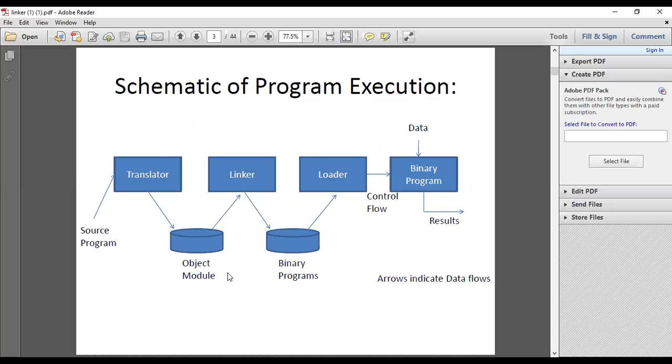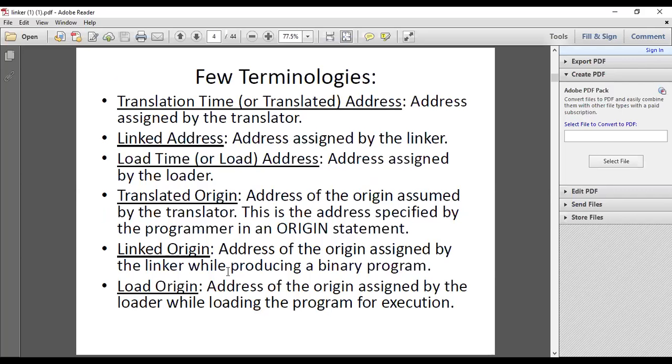Basically, the linker has two tasks: one is linking the program, and second is relocation. By doing that, it forms a binary program and hands it over to the loader. It is the task of the loader to take that binary program and load it into the main memory, and there the execution can be started. So these are the steps for program execution.